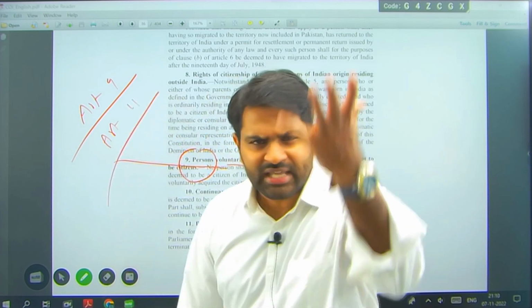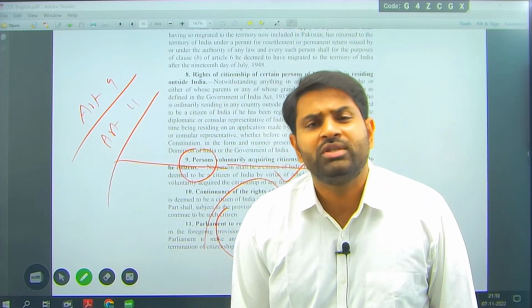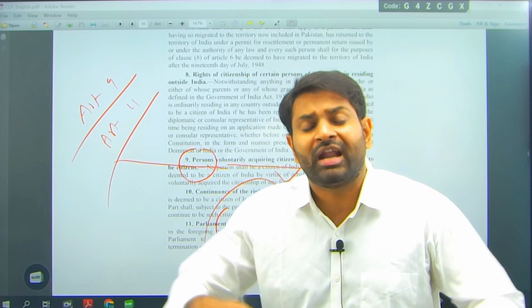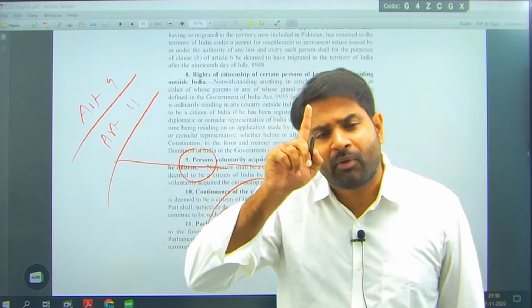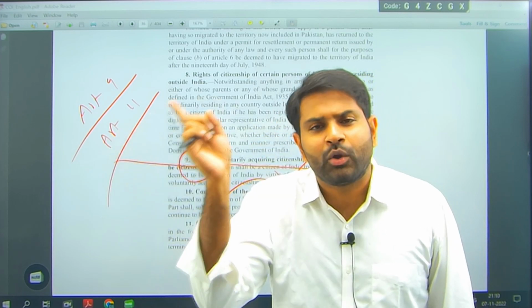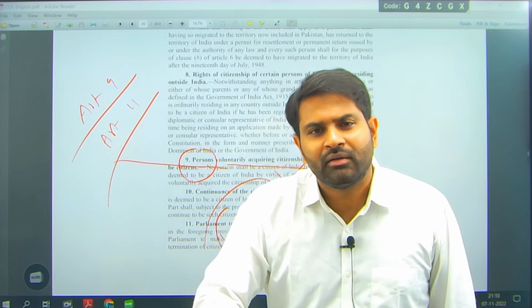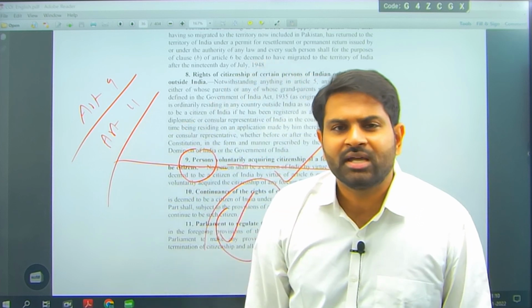Who is having power to give citizenship? Who is having power to say no to citizenship? Who is having powers to decide on the rights of citizenship? Parliament. The same sovereign point you remember which I spoke about the state features. In first part, who is having the power? Parliament. In first part, Article 4 is Parliament. In second part, Article 11 is Parliament.